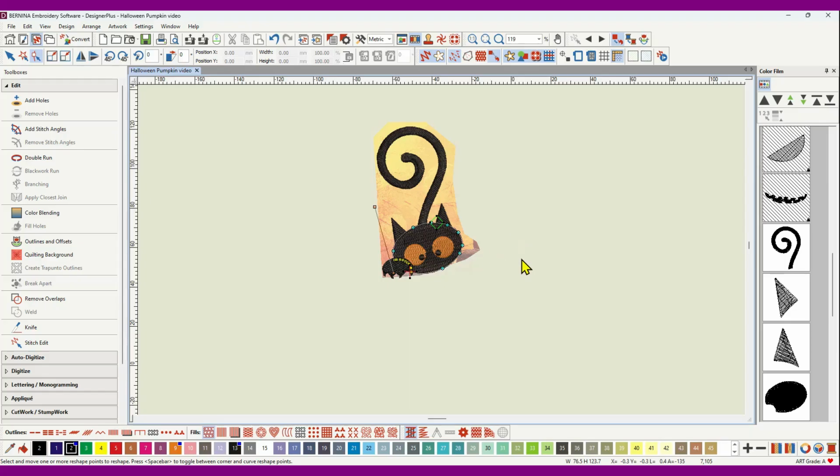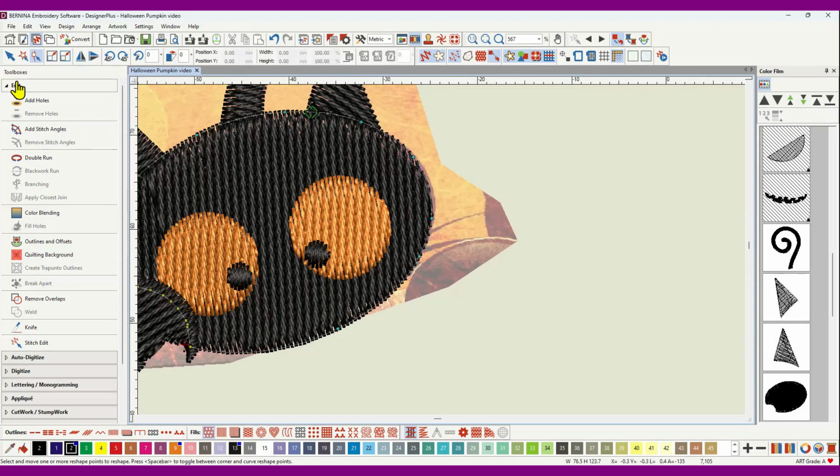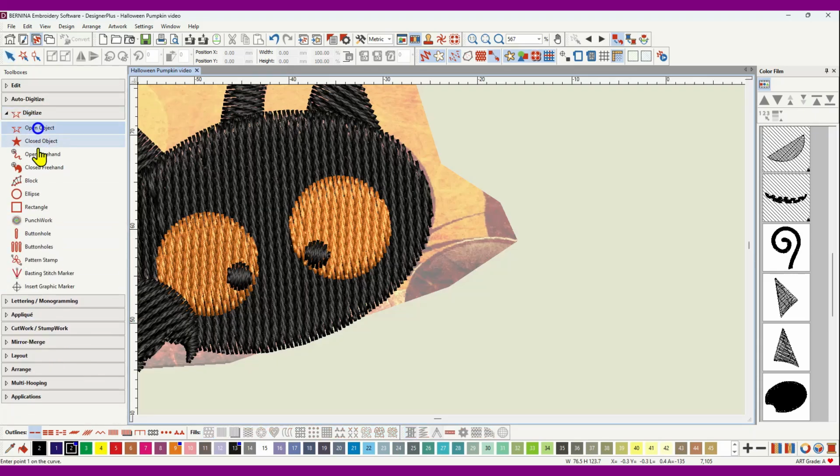The whiskers. They're very simple. So we'll click off so nothing's selected, and we'll get our single outline. So we'll get our digitize, open object, single outline, black color. I'm just going to start inside the face. Click. That's a right click to get a bit of a curve on this whisker, and let's go a little bit wider just to make it more pronounced. Enter,